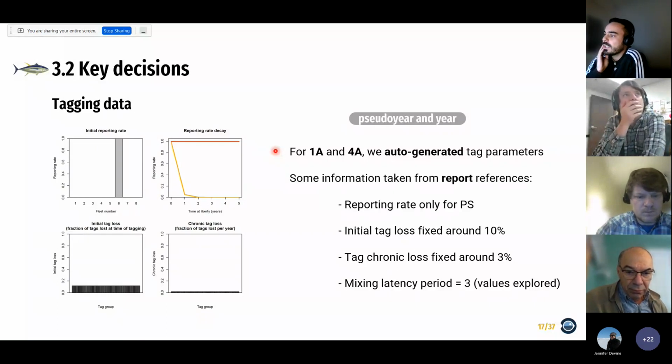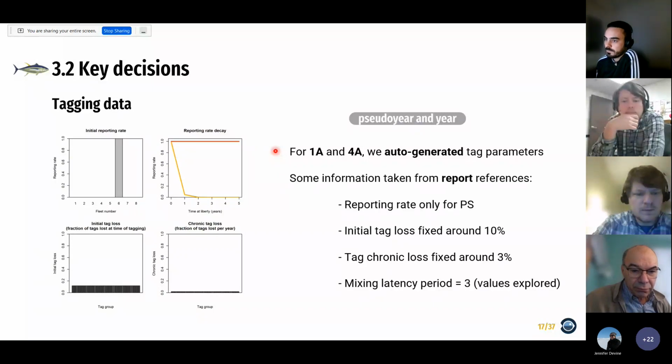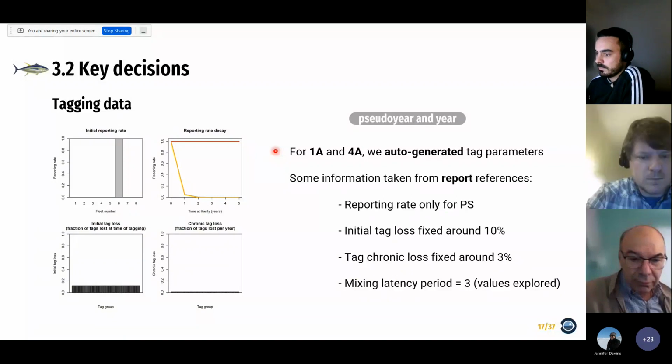We also try to let the model estimate in the longline fishery, not only in the purse seine, because we thought that the longline fishery could also be collecting tagging data. But this is a trial. We still have to keep exploring. And also some of the discussion that we had at the beginning is whether we should keep the parameters fixed for all the other fleets, I mean, all the fleets except the purse seine, or we should let those fleets also have